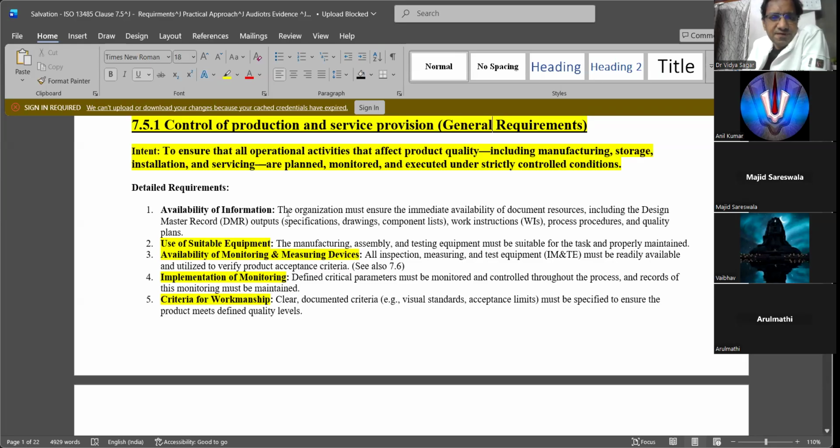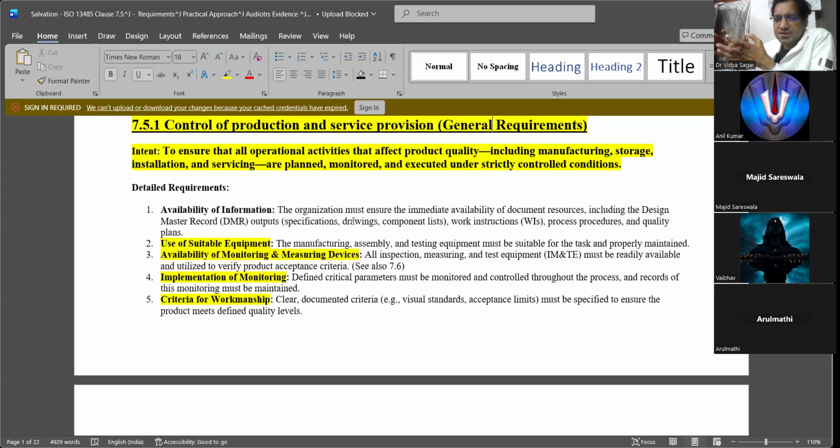Further, availability of information: the organization must ensure immediate availability of documents and resources, including the design master record. So you need to look at all the documentation that is required. You have the design master record, which gives the material specifications, final device specifications, and process parameters for multiple processes, multiple devices.